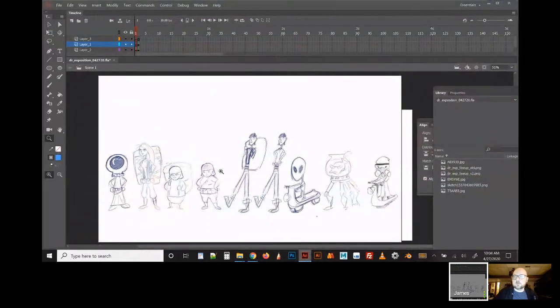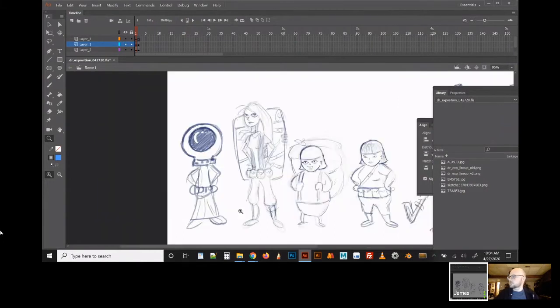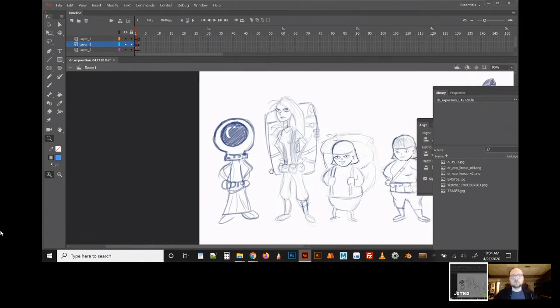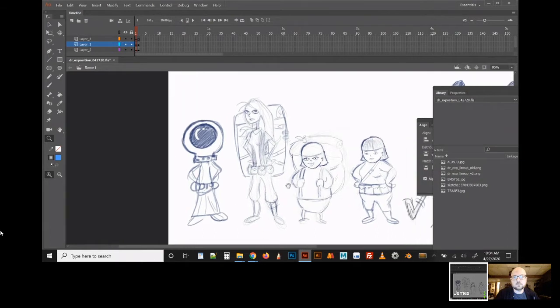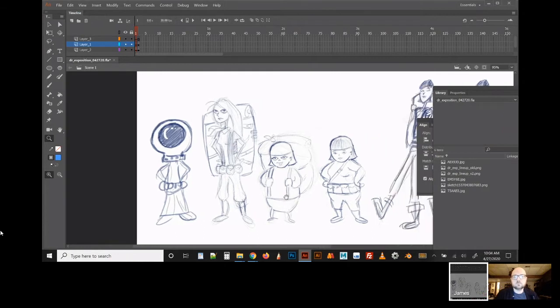So, with the description you gave me, it pretty much led to a pretty wide landscape of interpretation. So I started just sketching away, just whatever kind of popped in my head for what a Doctor Exposition would look like. I just went in any direction. I just kind of felt like, okay, sky's the limit. So I literally went into the sky and into space and made a space woman type of character. Then went to an adventurer type, very Kim Possible feeling type of a character here, the giant backpack.